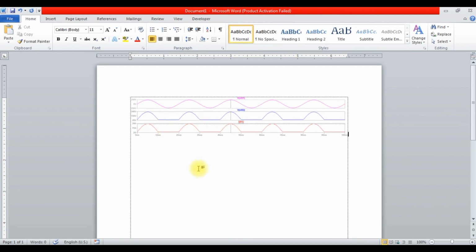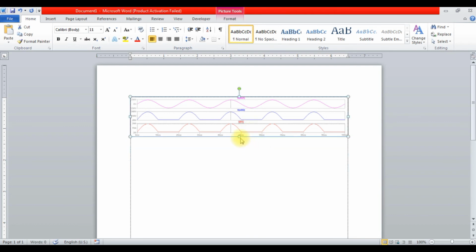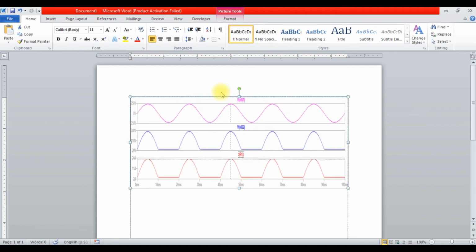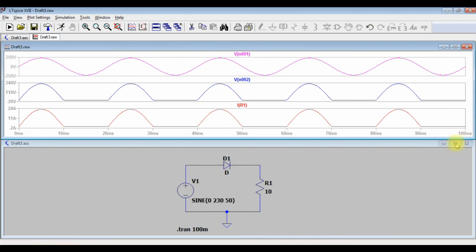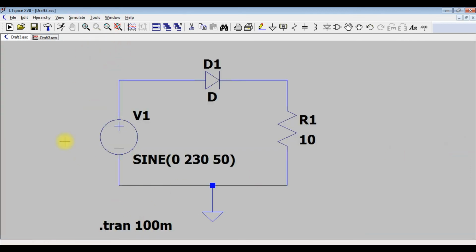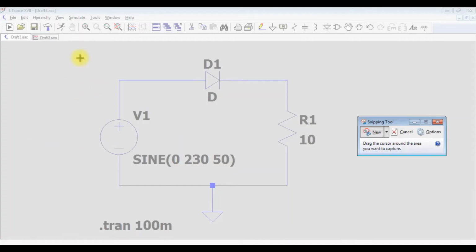Use paste, or you can use Ctrl V to paste your waveform. So this way you can copy and paste your waveform for your report purposes or whatsoever, right. In the same way you can also copy your circuit diagram here, or you can use snipping tool to cut it down and take it.